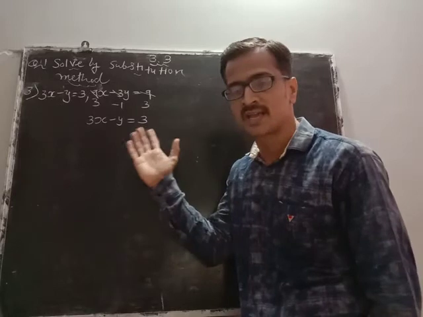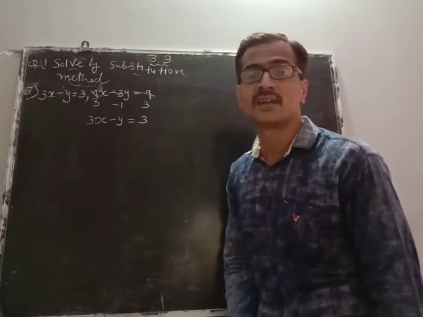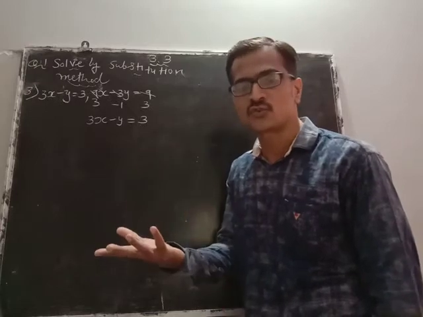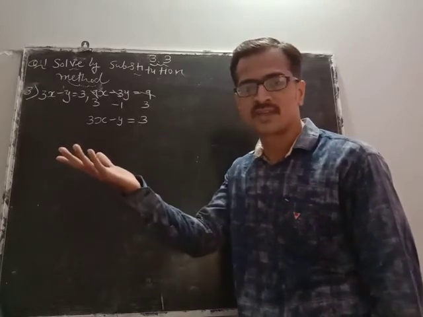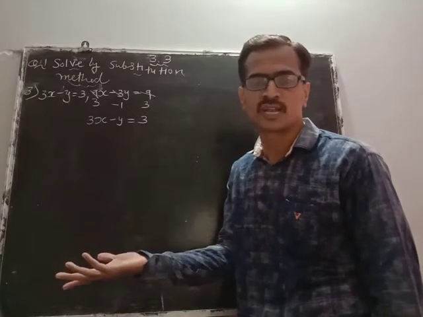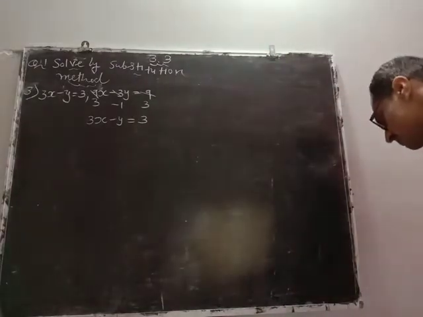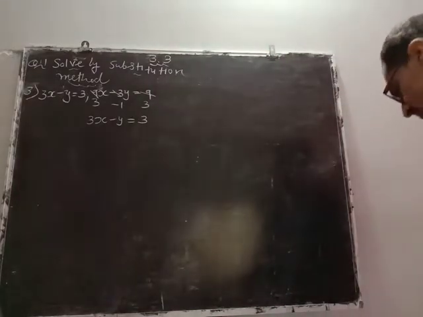We have to state that it has infinite solutions. How many solutions? Infinite. So how will we show that? Like the previous method we had applied. We'll find the ratios and show that all ratios are equal, so it has infinite solutions. That's it. In that way we'll show. So let us show. Here it is.